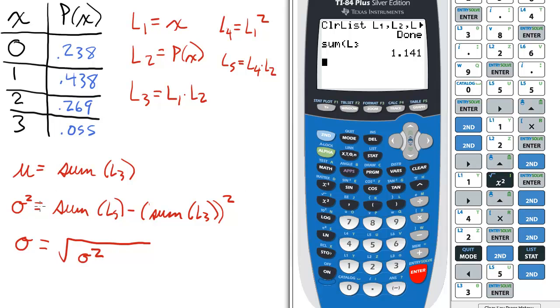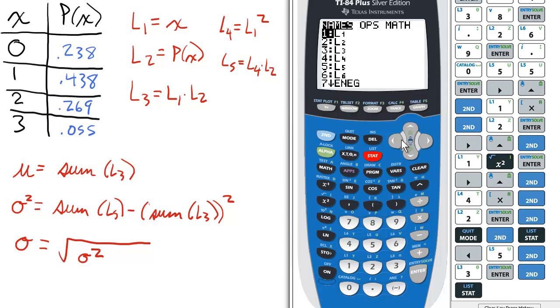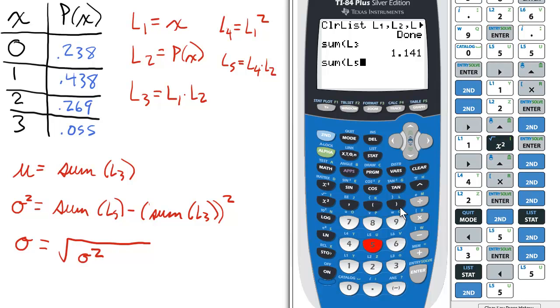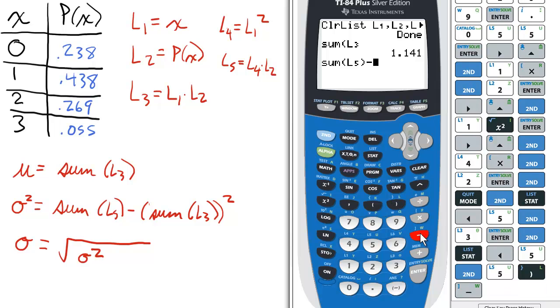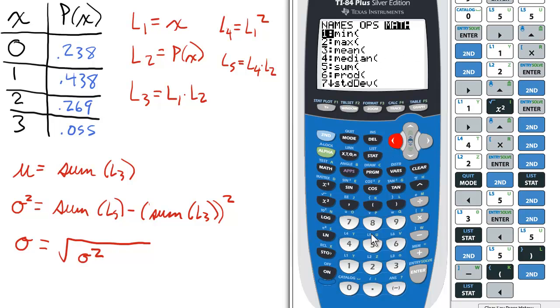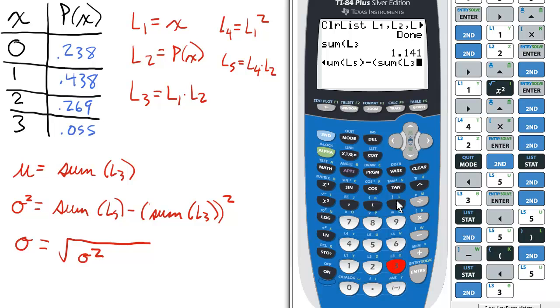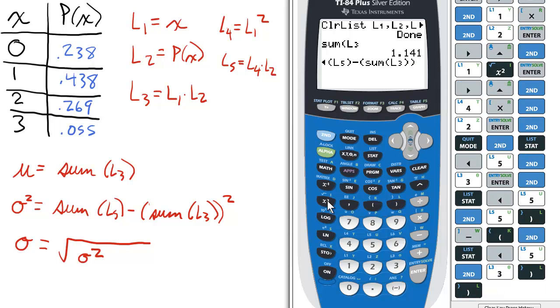Now to find sigma squared, which is the variance, it's going to be the sum of L5 minus the sum of L3 quantity squared. So again, we go to the list command, go over to math, select 5 for sum, and then enter L5. Important point here, minus open parentheses, because we want to square the results. Not necessarily the square of L3, but the square of the sum. So to do that, open parentheses, go to list, go to math, 5, sum, and then L3, close parentheses, squared,